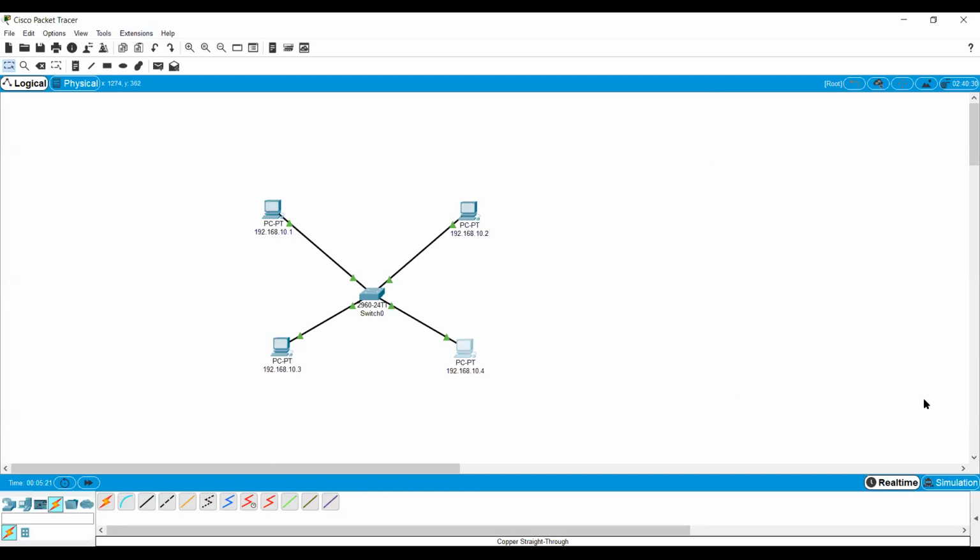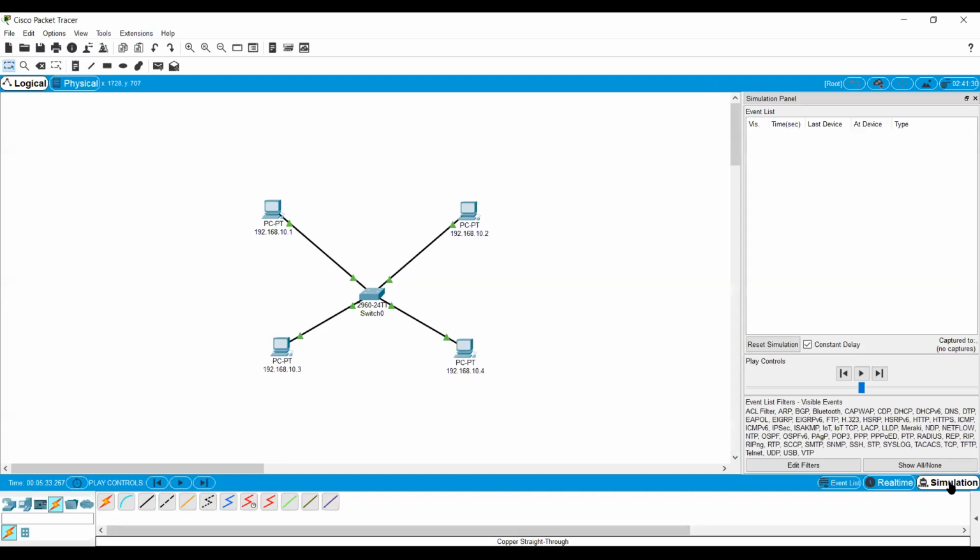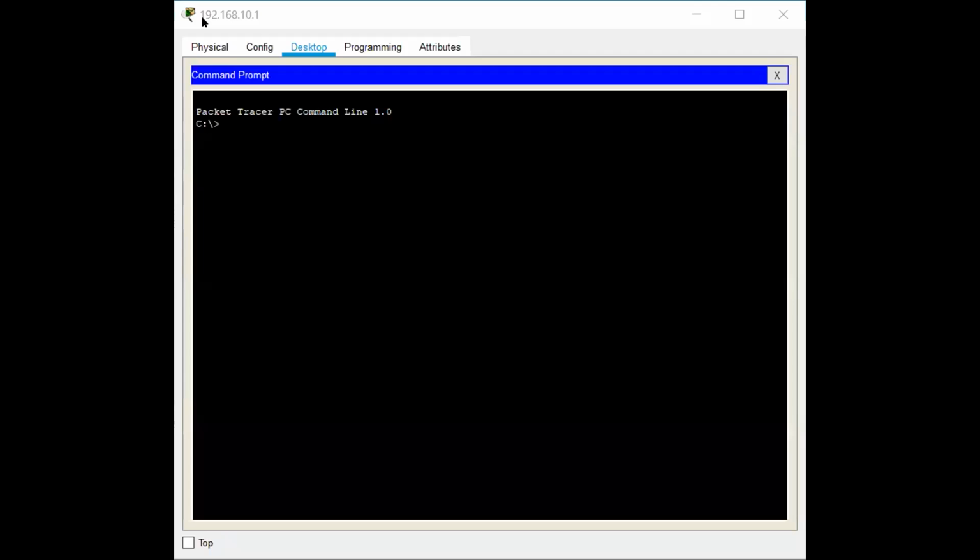So for that, just go to the simulation mode. Go to the simulation mode and click on the standard one. Okay, go to the command prompt. So this is the command prompt of 192.168.10.1. So before starting the ping, just we need to learn about the two commands. The first command is